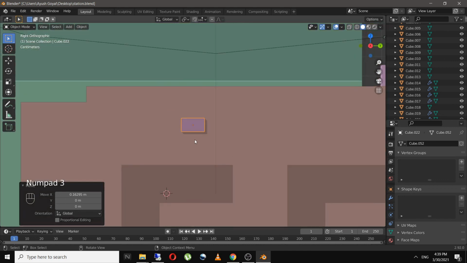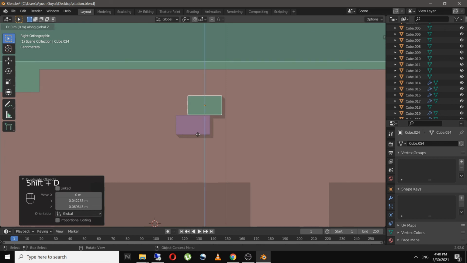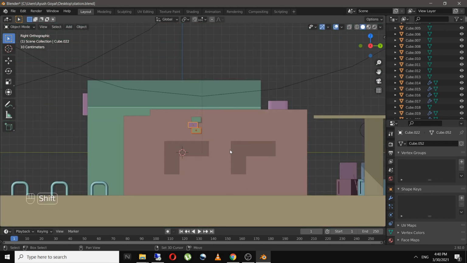And I'll go to side view and duplicate the brick over here. And I'll do the same just like this.